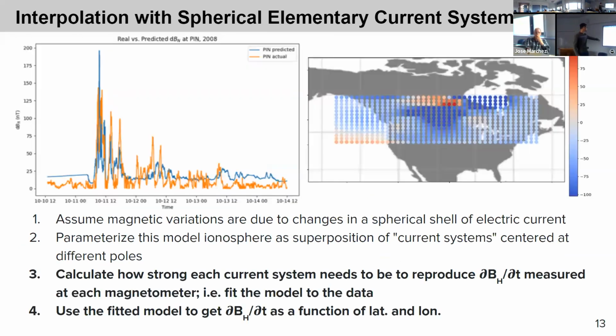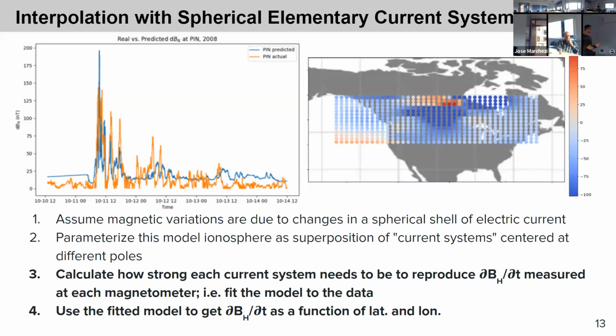From there, you can calculate how strong each current system needs to be, that I naught factor, in order to reproduce dB_H/dt, the time derivative of the horizontal component of the magnetic field. That's how fast it's changing horizontally, which you actually measure at each station. That's basically fitting this model to the ground truth data.